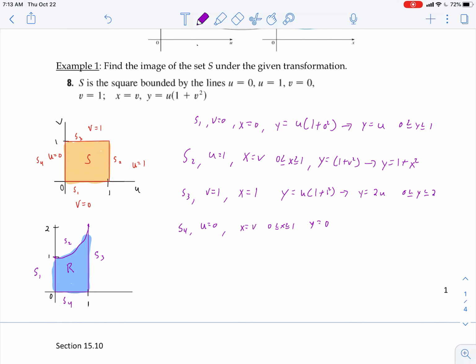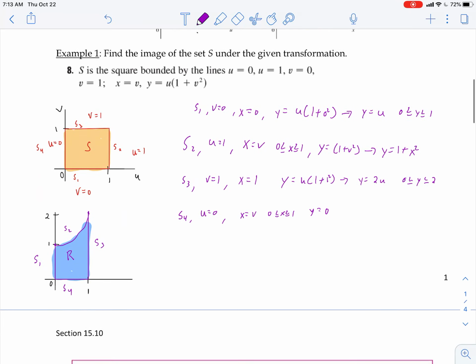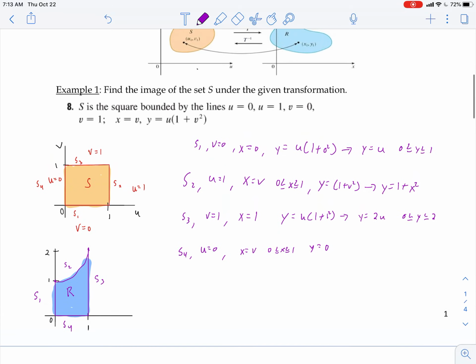And so here you just see how we transformed between regions. A lot of times you're going to be given the region, and then sometimes you're actually going to find it. The last example today, we're going to show how we go from region R to region S, but mainly you're going to be given the values for region S in this section. All right, that does it for the first